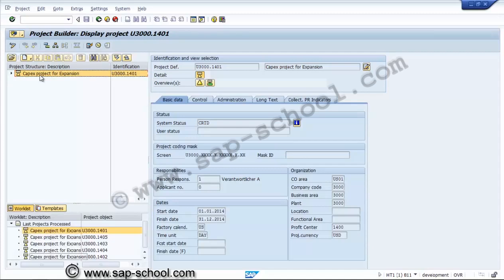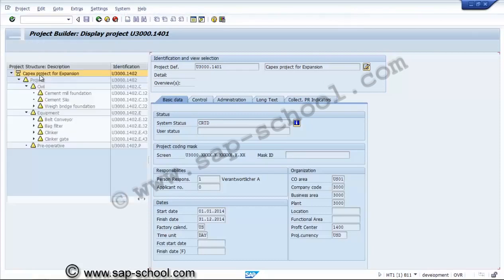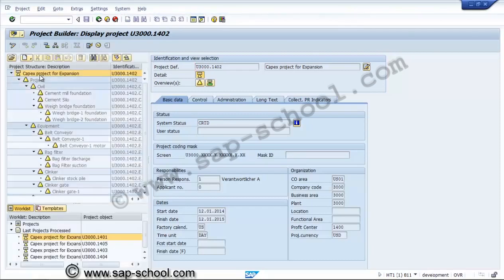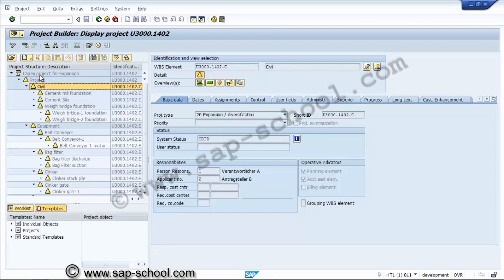We are taking this project, the other project we have taken. Now we will create the network for civil and equipment directly in the project builder. So we'll go to the templates, individual objects, select the network and simply put it over here. Now the system will